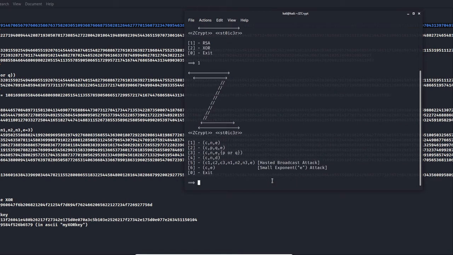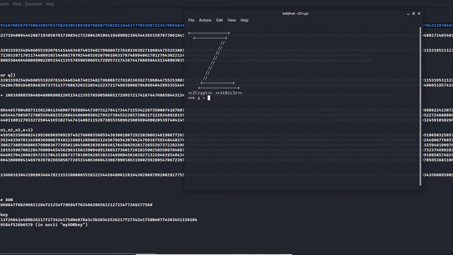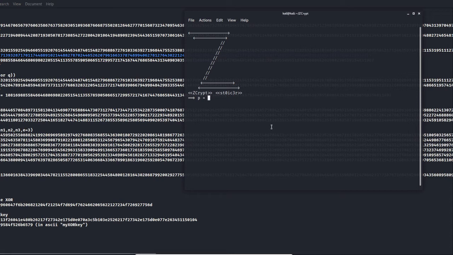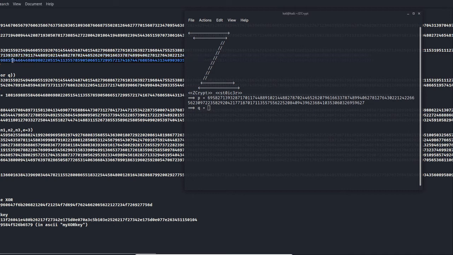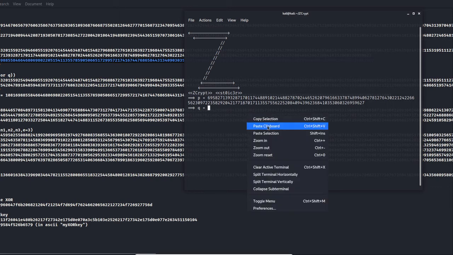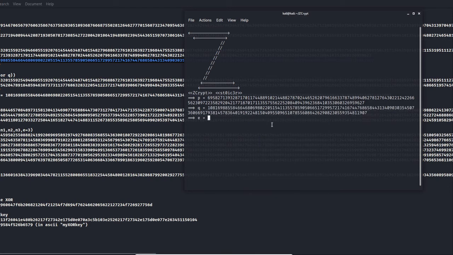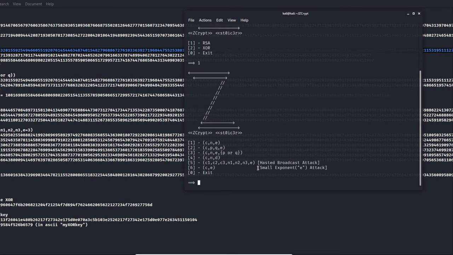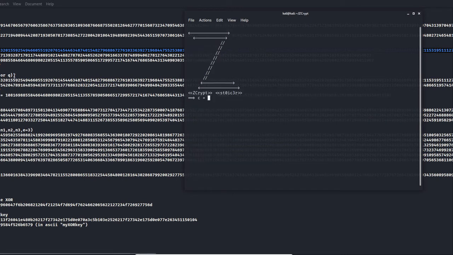We'll see the next one: C, P, Q, E. All these are actually easy, but just to show that the tool is cool. I did this because I couldn't write the same script every time. So I just wanted to make one permanent tool that I can use every time. All these examples I found from different sources, but yeah, it's working actually.